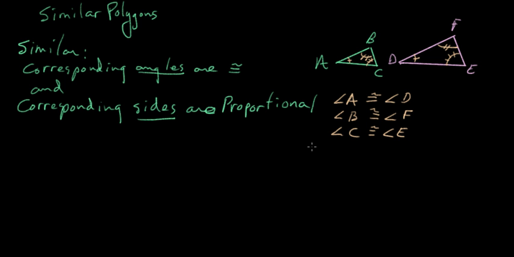Now be careful with this, because our congruent statement then says triangle ABC is similar to triangle DFE. Notice the order of the letters is important. You have to go in the order according to what's congruent to what. Now, this part about the corresponding sides being proportional, what that means is side AB, or I'm sorry, I don't put that on there because it's talking about the length. AB is to DF the same as